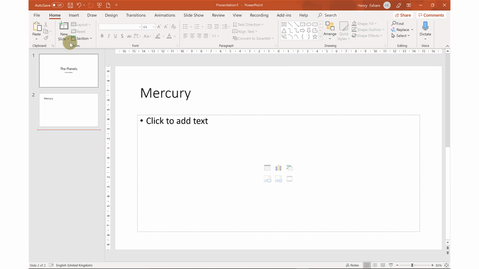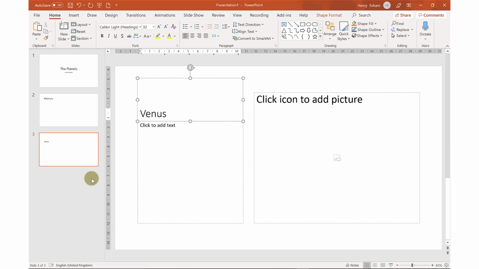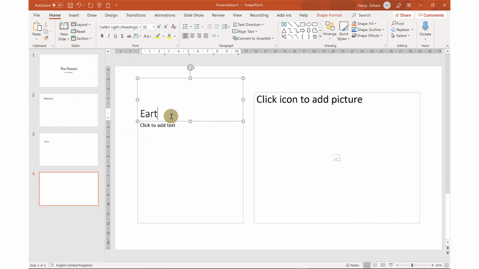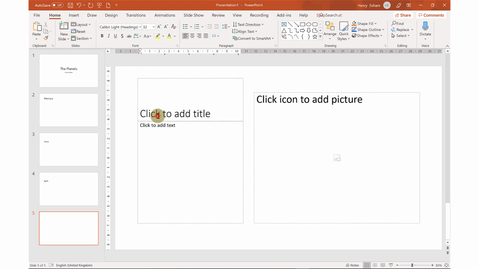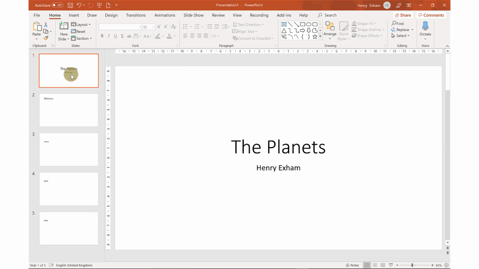I'm going to have a slide here, Venus, Earth, and Mars. Okay. Now, if I want to get a few more sort of ideas in terms of design, I